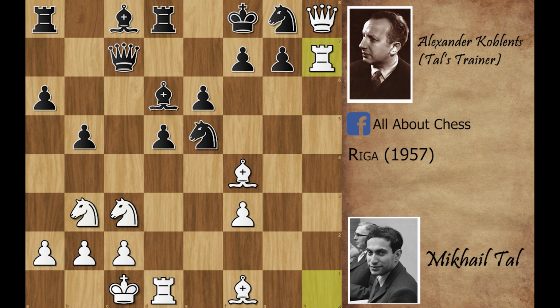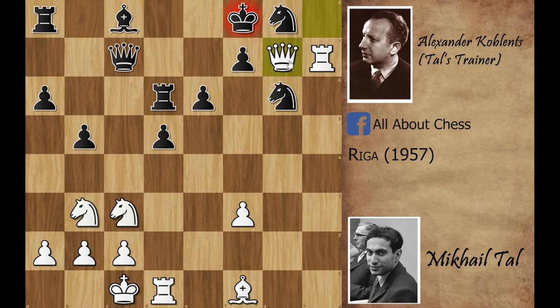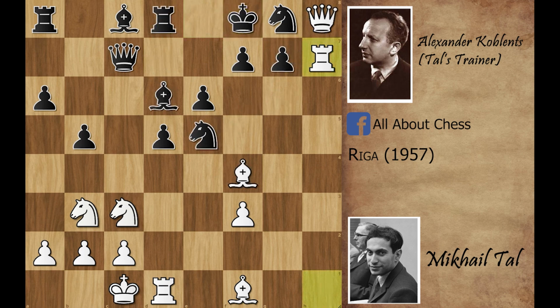And if you are thinking you can go with the knight to g6, then white could have played bishop captures on d6, giving check, rook captures on d6, and now queen captures on g7, king goes to, let's say, e8, and now your knight is gone. So in the game you cannot go with the knight to g6, and that's why black played f5,